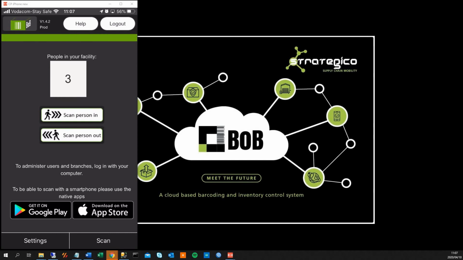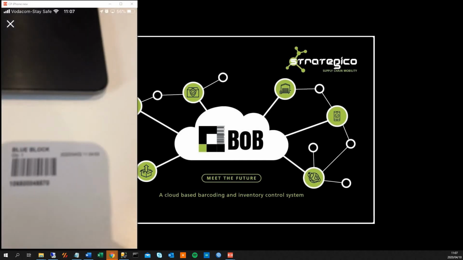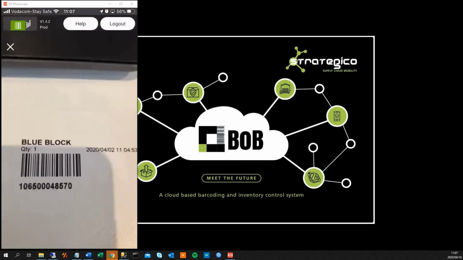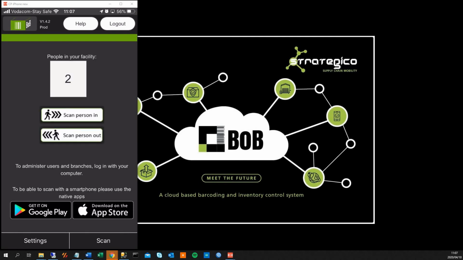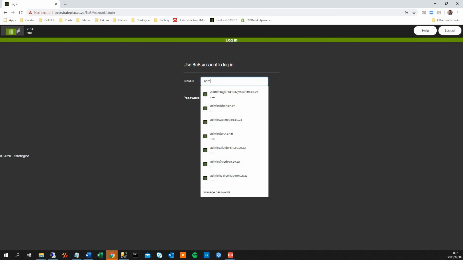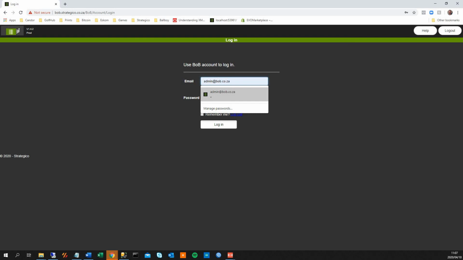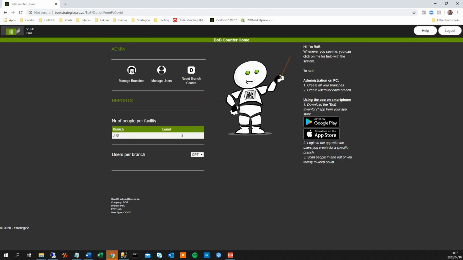Now if I click on scan person out, the same process applies. I click the scan button, let's scan the second one out, and I hit submit. Now we've only got 2 people. And while this is going on, you've got the live dashboard as well. So if we log in here to our admin account, admin at Bob, we should be able to see what's going on in all our facilities. So we can see there Joburg has got 1,